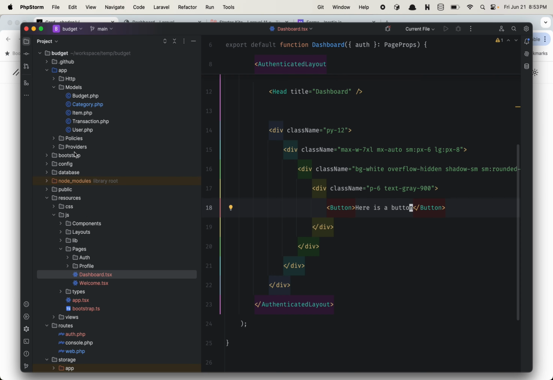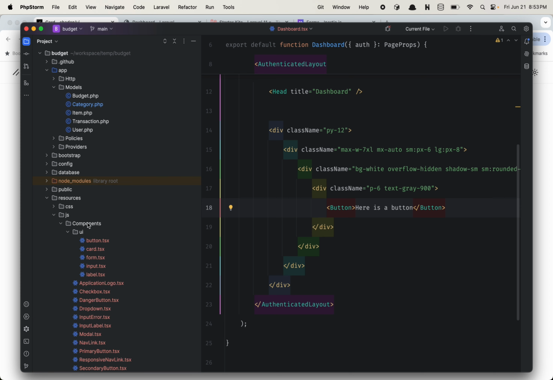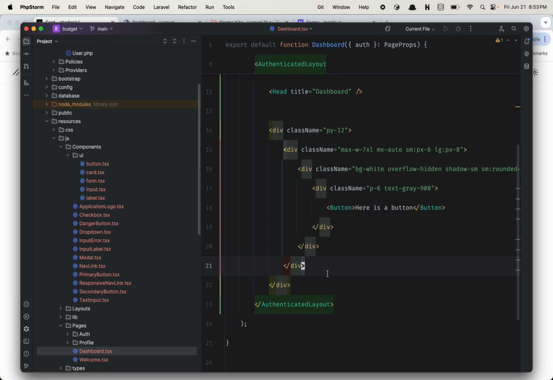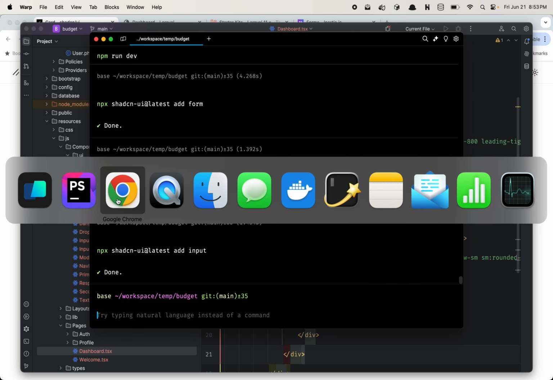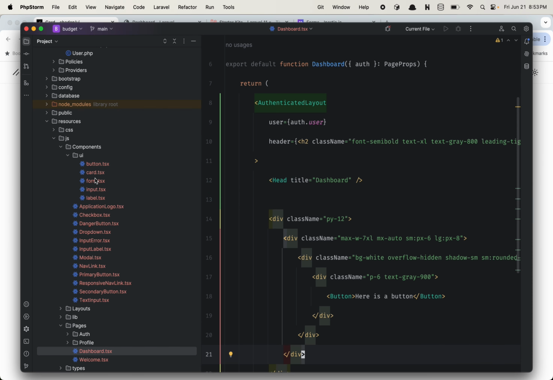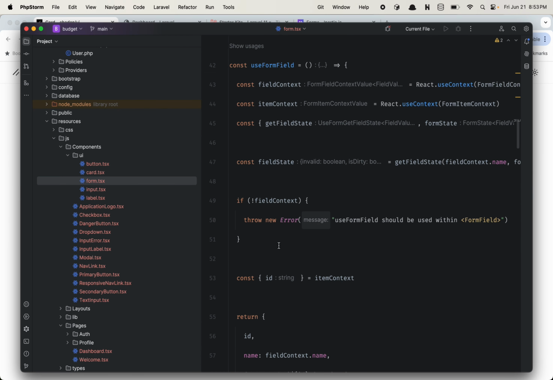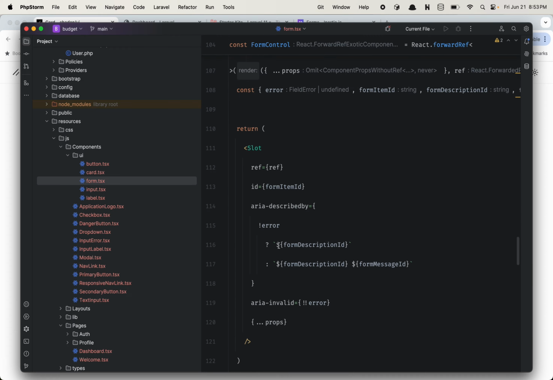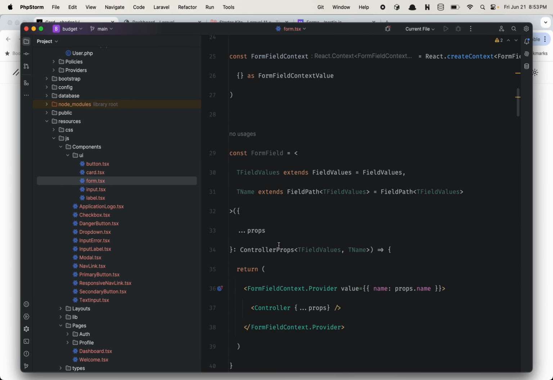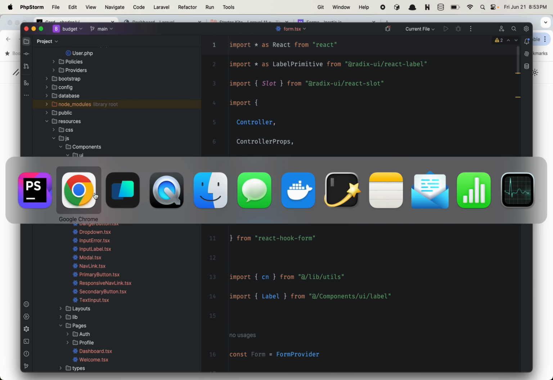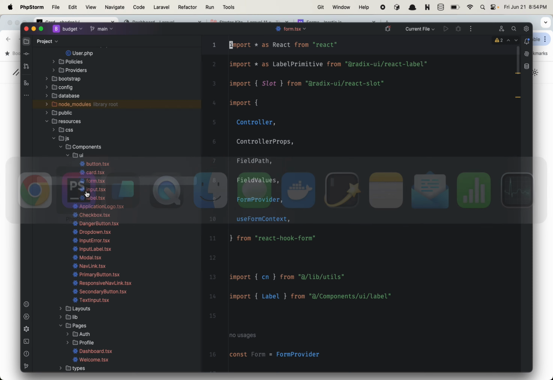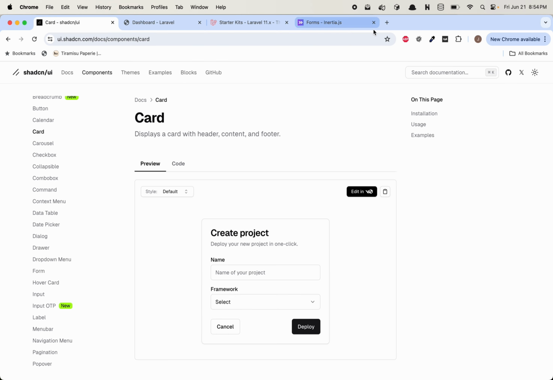And if you notice, these are getting placed right here in this UI directory. So we've got form, input, label. Label is part of form, card, and then button. And if you open them up, this is just React code, so you can make any changes you want to them. All right, so let's go back,